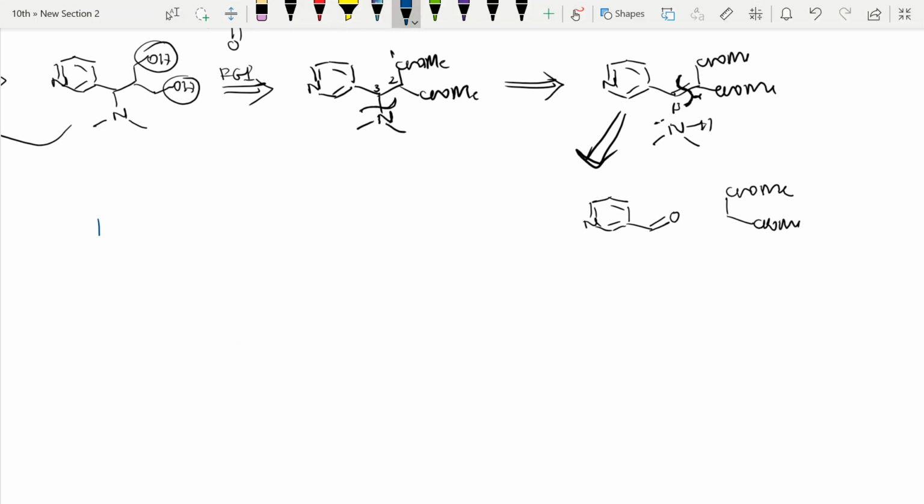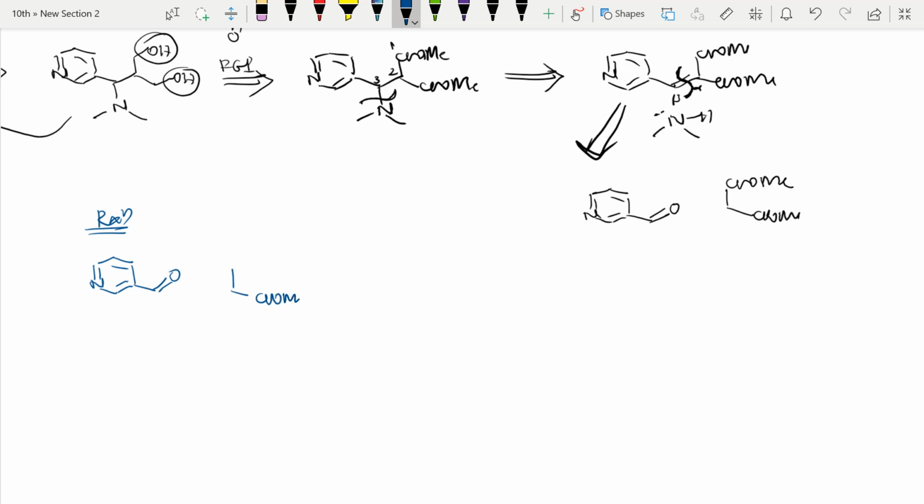So see the reaction now. I will take those things which were lastly disconnected. So I have the aldehyde here, and here COOMe, COOMe, and here a proton. In the presence of base, that proton is acidic because of the electron withdrawing group. So this base will take it, and this carbon gets a negative charge. That negative charge will be stabilized by the electron withdrawing group. Further, it will react like this, so I'll get this product.